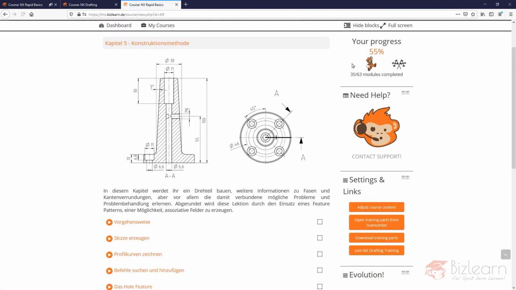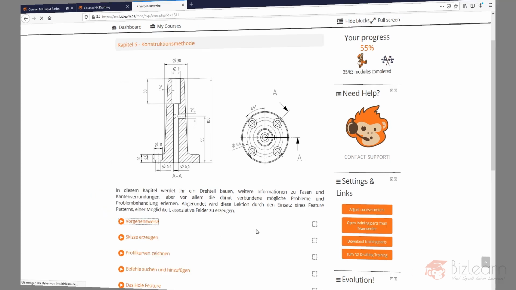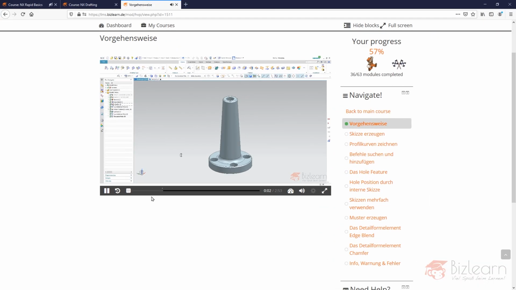And the cool thing is, it will never ever appear again. So the next time you finish a specific chapter, you will be able to repeat the content with a completely different game, for example. Let's have a look into one of these chapters. There's the introduction of, for example, the new chapter, and you can see the video pauses automatically when it's time to draw, when it's time to repeat things.